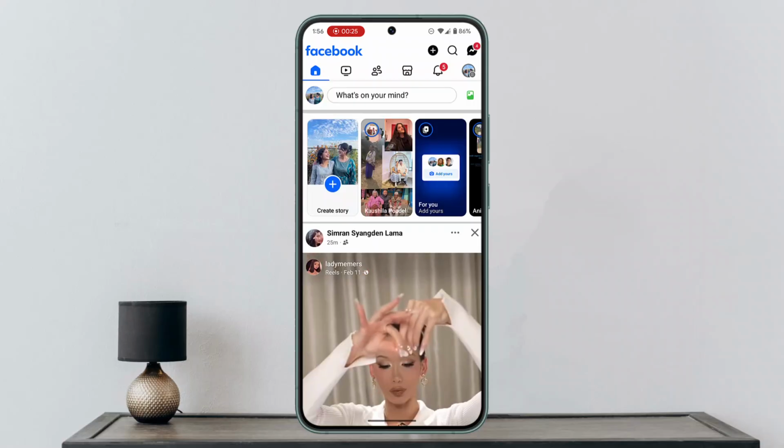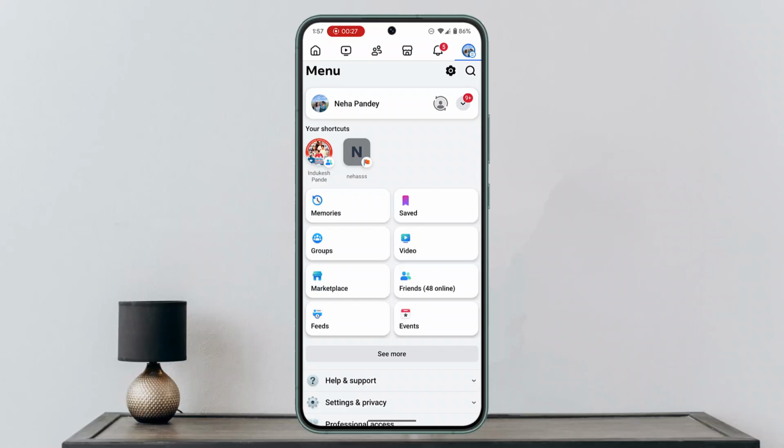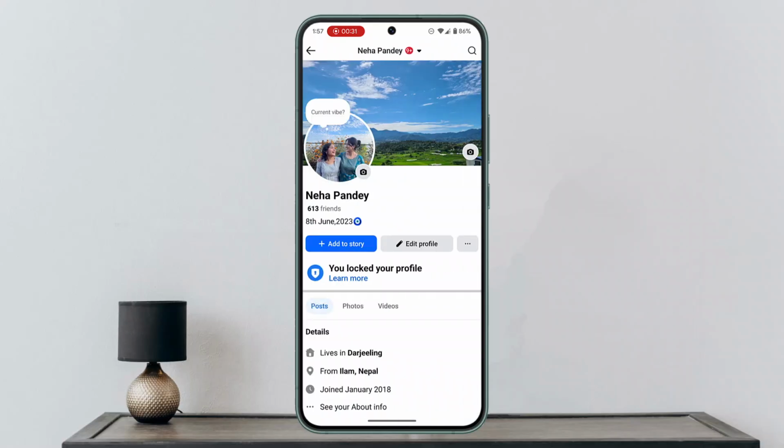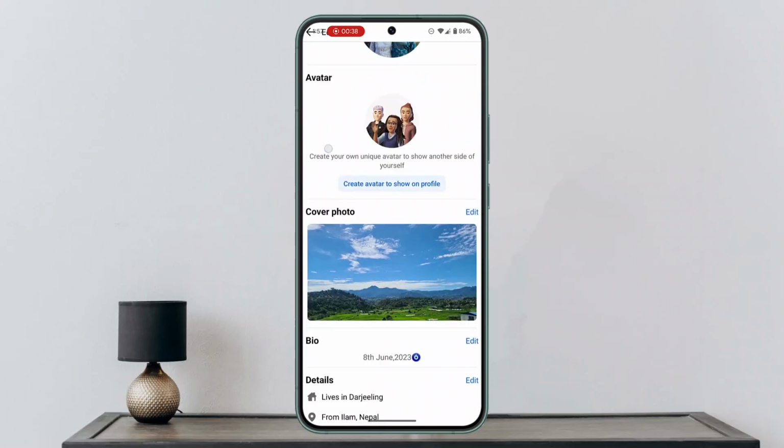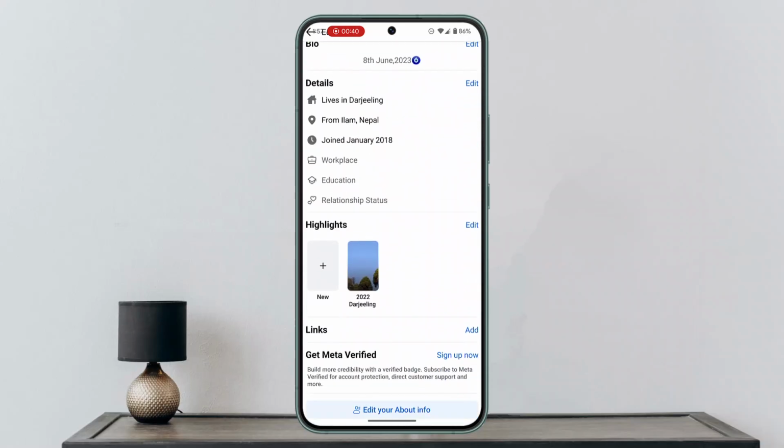So here, what you want to do is simply click on the menu bar from the top right hand side corner of your screen. Then go to your profile or your information, and here as well you want to click on edit profile. While you're on this section, scroll down to the bottom and you can find the section, which is links. In my case, I haven't added it, but you want to simply click on